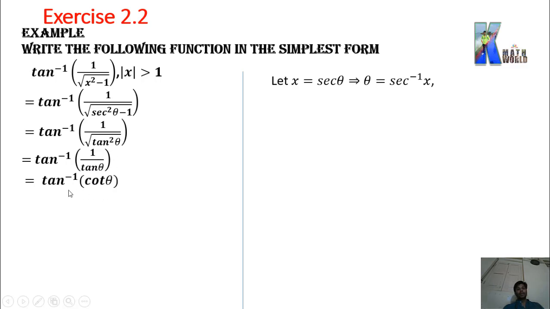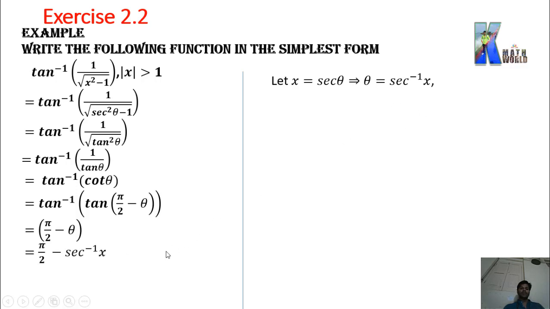Okay, now the outer function is tan inverse while the inner function is cot. So we have to set it in the f inverse of f(x) format. F inverse of f(x) means they are inverses of each other. So this is not the inverse of this one. So here convert this into tan format. So cot theta can be written as tan of 90 minus theta. So in the next step we can write tan inverse of tan of 90 minus theta. So you get 90 minus theta. Okay, what is your theta? Theta is sec inverse x. So you get pi by 2 minus sec inverse x.